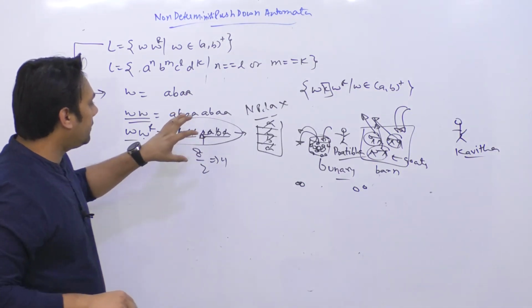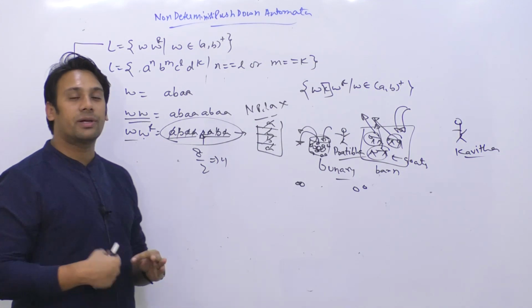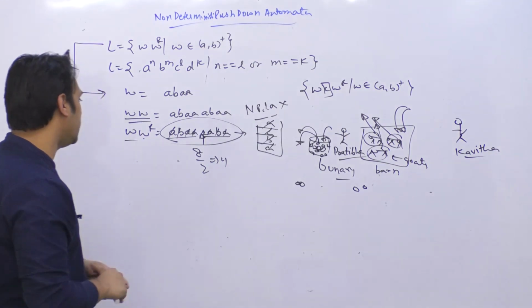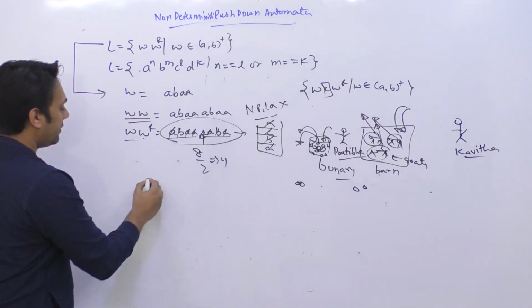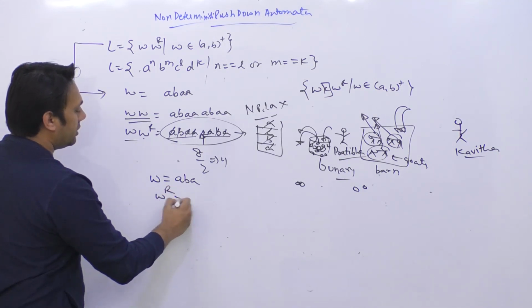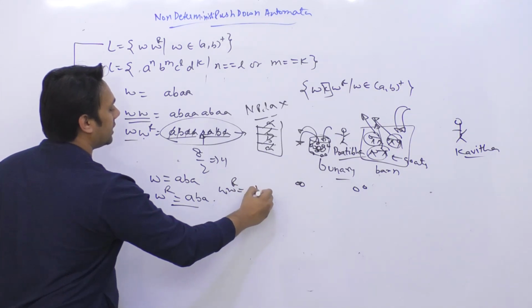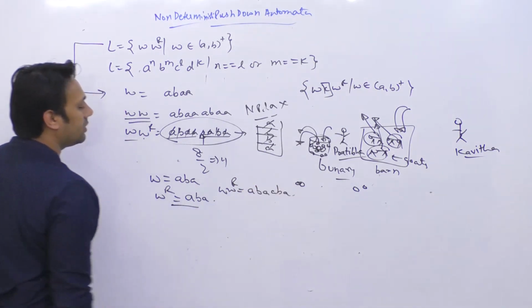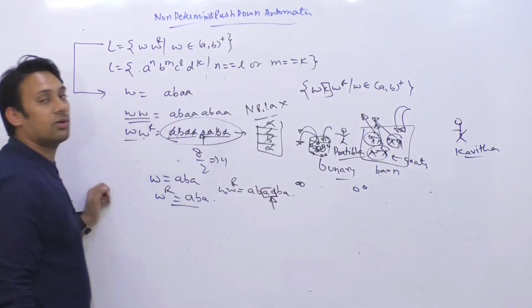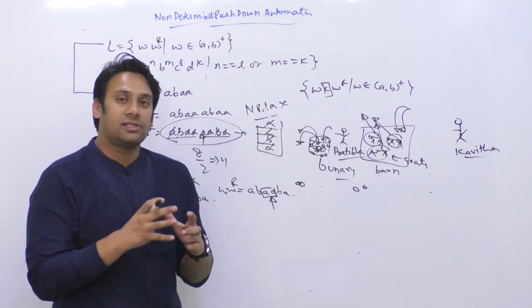Now, if she doesn't know how to find the middle point, she'll assume that there should be some kind of property. If this property holds, maybe the middle point is starting. I mean to say, whenever we have a string, for example w is equal to aba, and then you have w^R, which is also aba. So if you do w w^R, in that case we get aba and again aba. So in this, the middle point, this double a is always repeating. So there will be two a's in the middle. So the middle symbols are always the same.